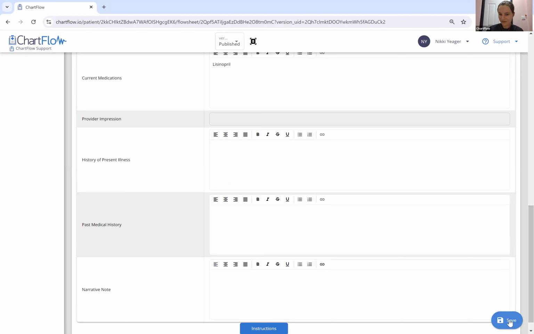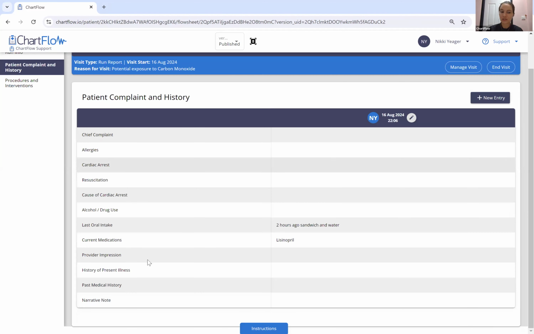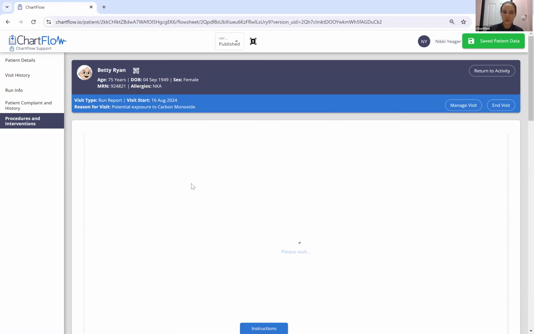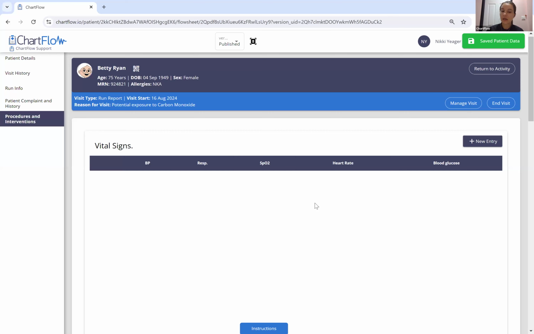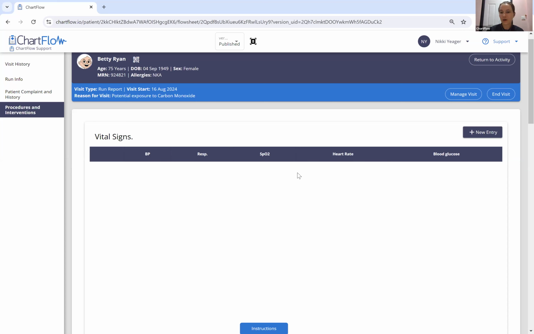So I'm going to save this, even though we didn't fill it all out, just so you can see that that information would be saved. But what's really important is when we go into the procedures and interventions, most systems will pull these things out. So what the student or what the eventual EMS provider does is going to be recorded separately, usually, than the